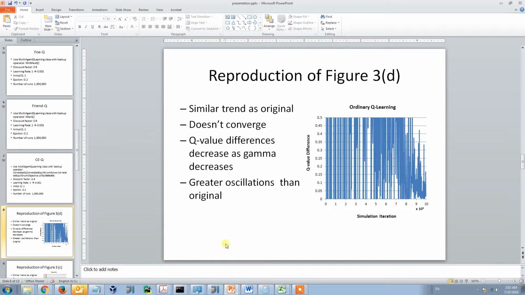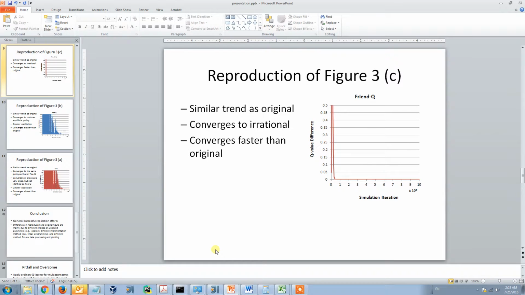This is the reproduced ordinary Q learner. Very similar trend to the original one, except my oscillation is greater. This is the reproduced friend Q figure. Similar trend, it just converges to the wrong thing because friend Q doesn't work for the zero-sum game, and my